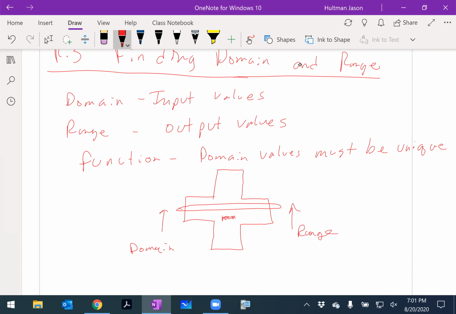So the domain is what goes in the pizza oven, and the range is what comes out. And for this pizza oven, we're going to say the burner is 2x plus 5. That's the function. That's f of x. And the burner, this is the action. This is what happens to my